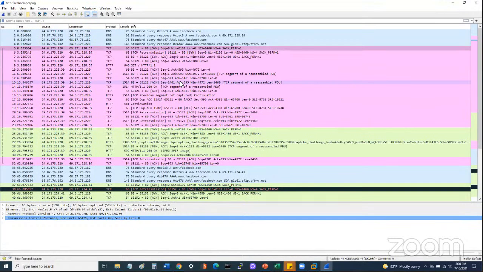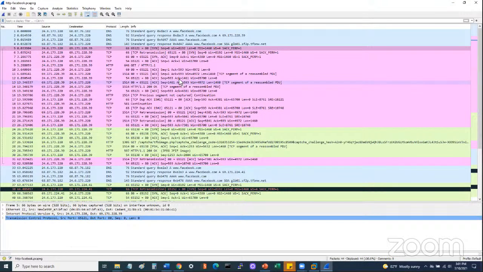So instead of seeing everything encrypted, for example, if somebody typed in username Bob, then you'll be able to see that they typed in username Bob. And then when they type in their password, Bob1234, you'll be able to see that that's what they typed in there, and it'll be in clear text.